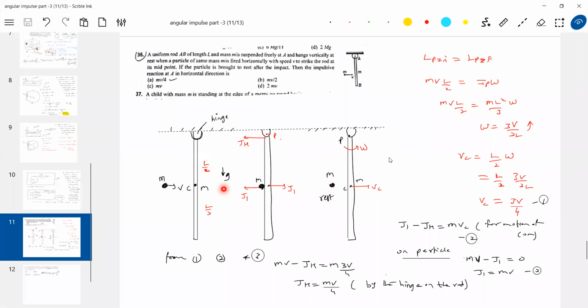Practically, after collision, the particle may rebound. Okay, let it rebound. Then I'll write the velocity of the rebound. For that, I'll write the coefficient of restitution formula. I'll get this velocity, then I'll get J1. Now, don't think that the particle has to come to rest, we can find